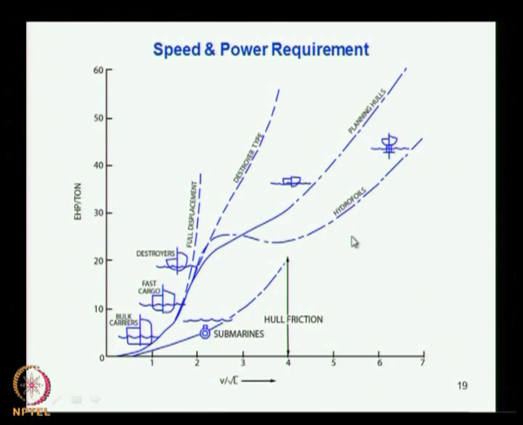So that is a place where you have to look into reduced resistance and higher speed options. Okay, here it shows the submarines and submersibles, and you can see that here the growth is relatively less compared to other types because it is submerged and there is no wave making, and hence even at higher speed it does not shoot up as it does for a surface ship.